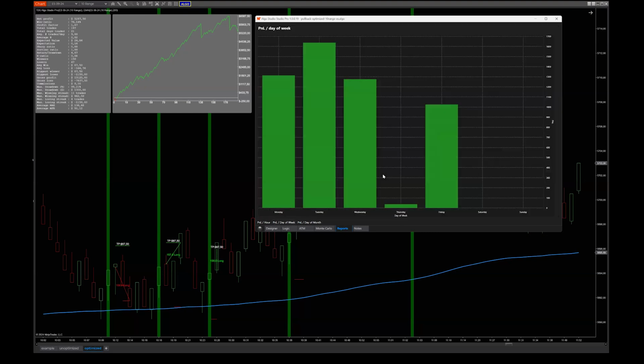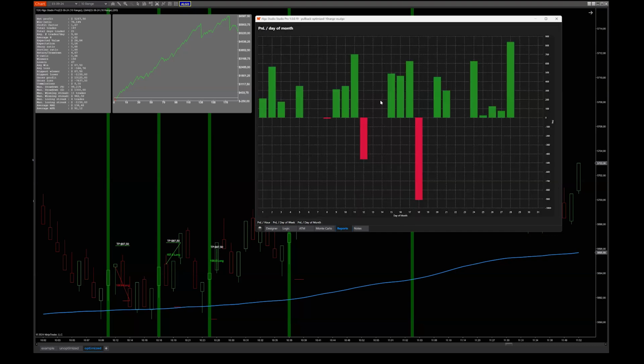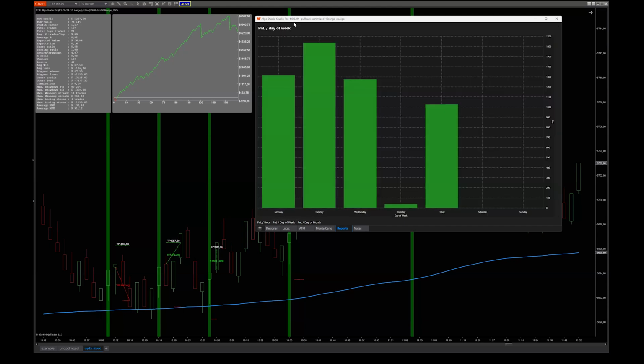The same for the day of the week. You can see it's performing pretty good on Monday, Tuesday, Wednesday, but Thursday is not a really good day, but still profitable. And even the day of the month, you can see the results. Now, of course, your data set has to be large enough. If you're only backtesting, let's say 4 days, then the P&L day of the week won't give you much information. So always make sure you have more than enough data to backtest, so that the results also become more accurate. So that would then be the last steps.